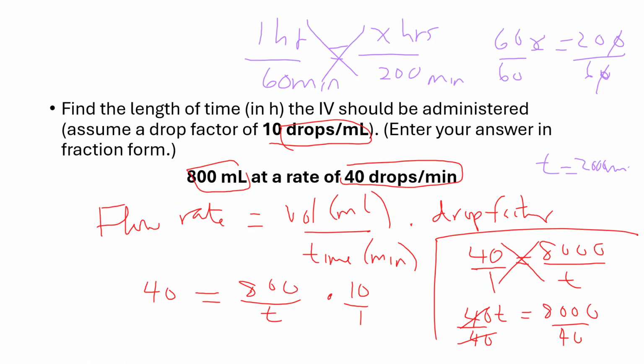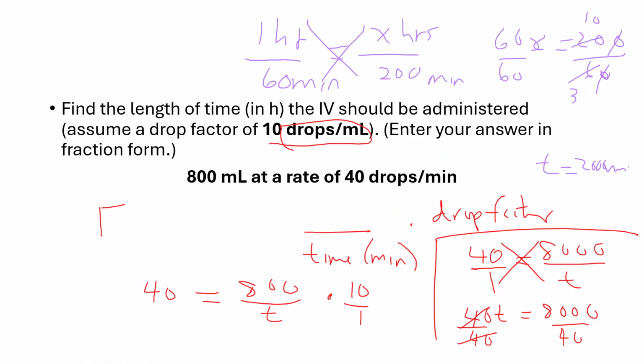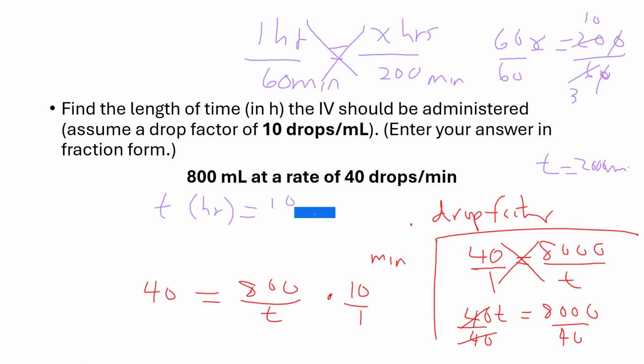And then I could use a 2 here and a 2 there, so I've got 10 over 3. So my time in hours, in fraction form, is 10 over 3 hours. And that's it. You've got your answer. So you could always apply the formula, and it's always going to give you the right answer